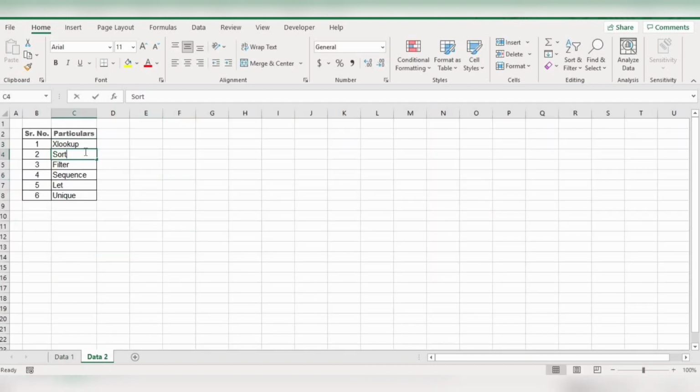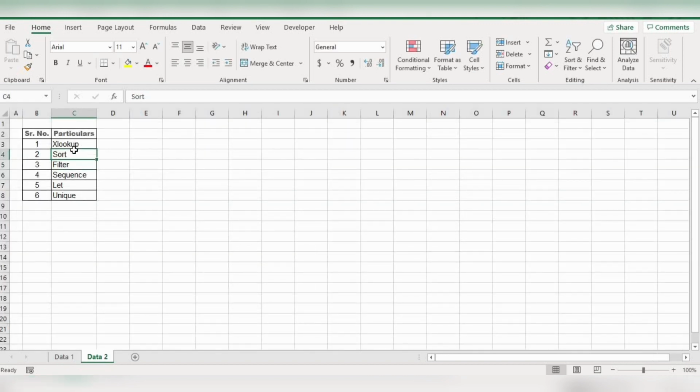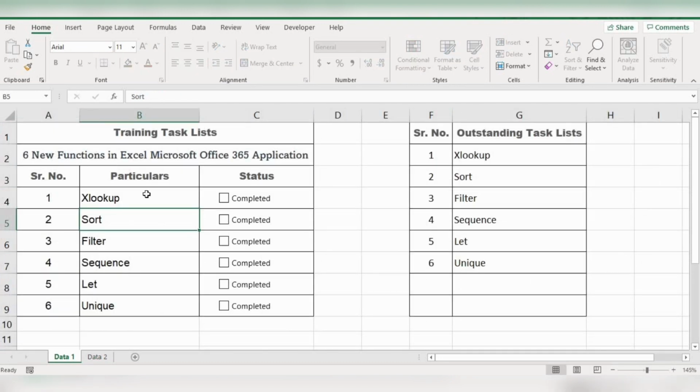Here when I enter or delete some field, the system allows it because the sheet was not protected. Here in Data 1 the sheet was protected, and in Data 2 there is no protection. Now we want to recover Sheet 1. Let's see how we are going to recover this file.